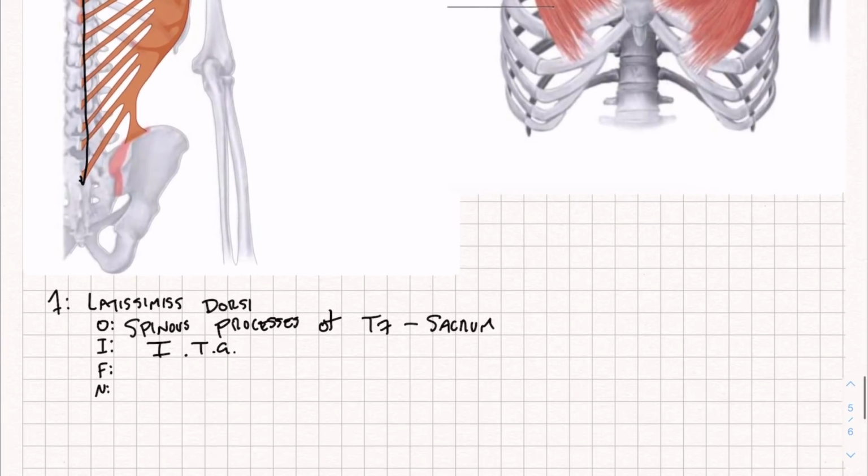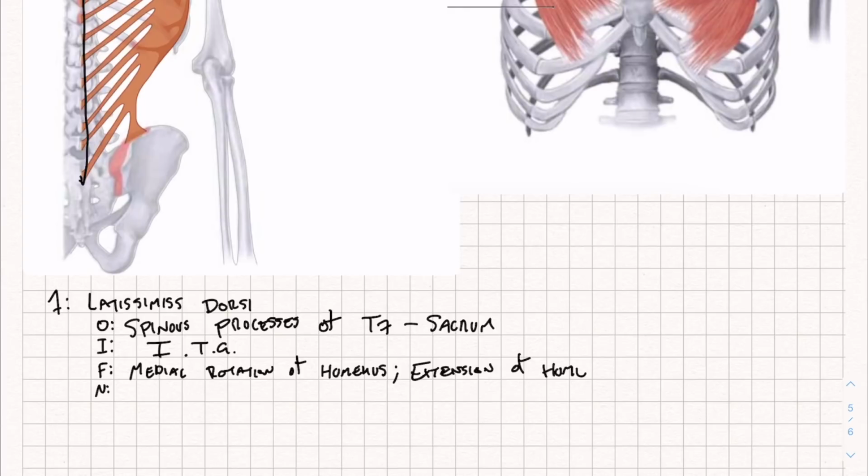Its functions are medial rotation of the humerus or the shoulder. Okay, so it medially rotates. This is like taking your thumbs on your sides and then really rolling them inwards. So pointing them to each other and then continuing, kind of like making a thumbs down on the gladiator, just a big thumbs down. So medial rotation of the humerus, and this will also do extension